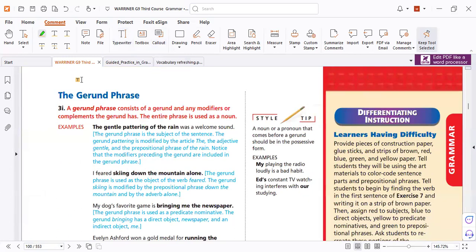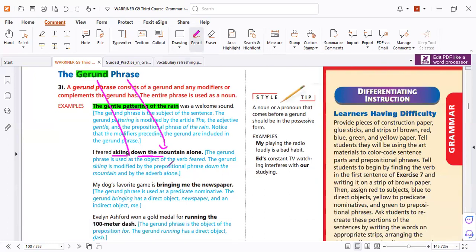So we have another phrase called the gerund phrase. From the name, a gerund, it starts with a gerund. And what is the phrase of before and after? No problem. So all of it we call a gerund phrase. Why? Because it has a gerund. Well, that is the trap. Look, why do we call it a gerund phrase? Because it starts with a gerund. So that is the gerund and that is the phrase. So we call it a gerund phrase.